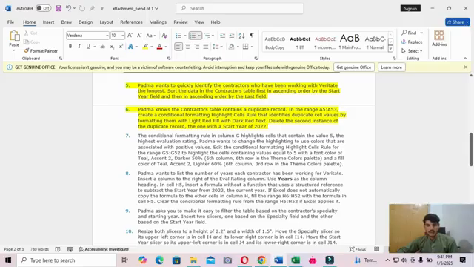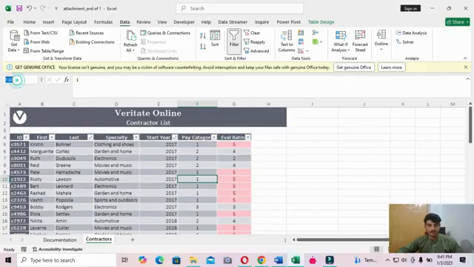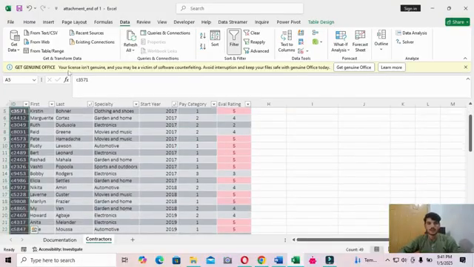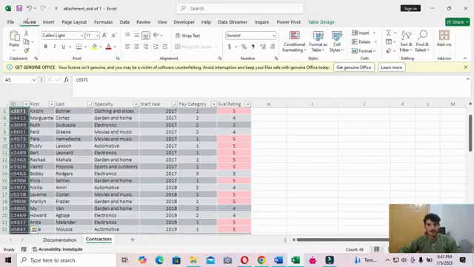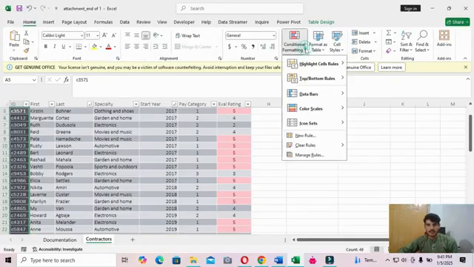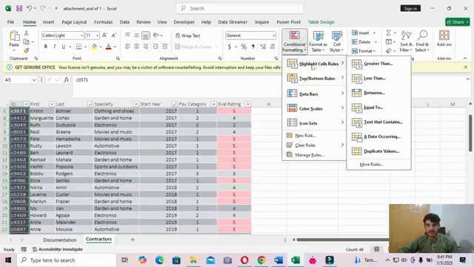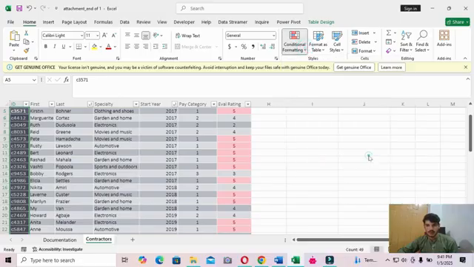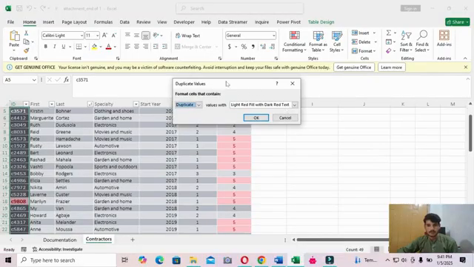Okay, go back to the Excel sheet and select the range A5 and then A53. Go to the Home tab and click Conditional Formatting and select Duplicate Values, light red fill with dark red text.